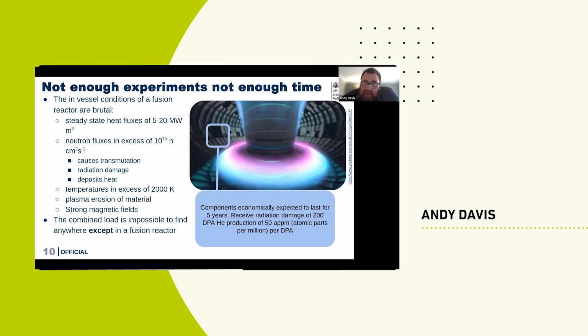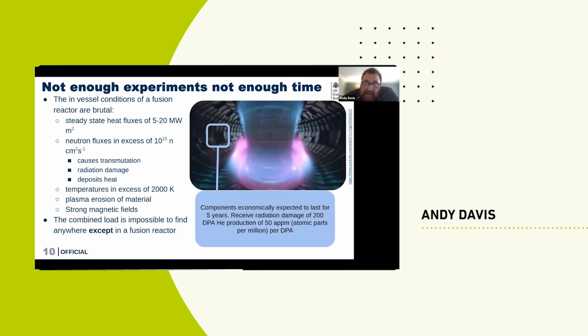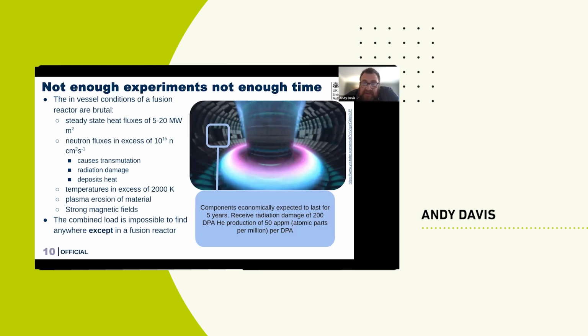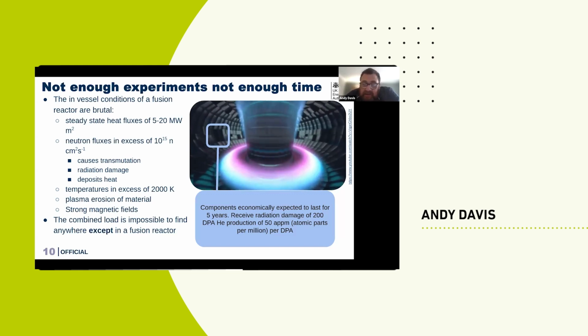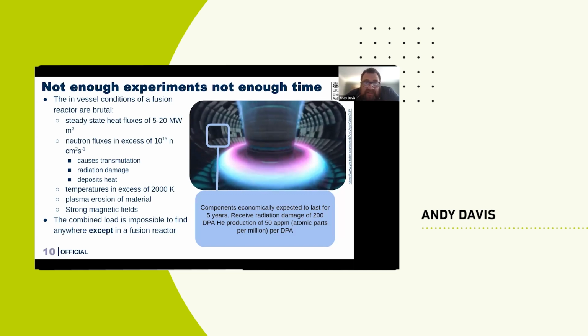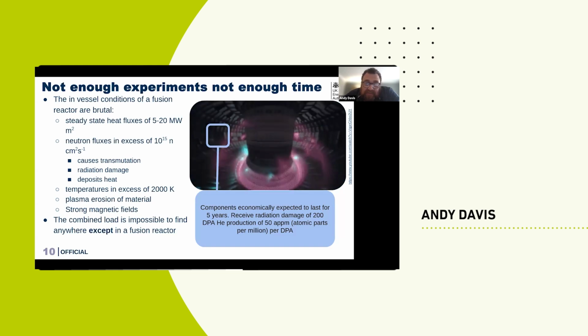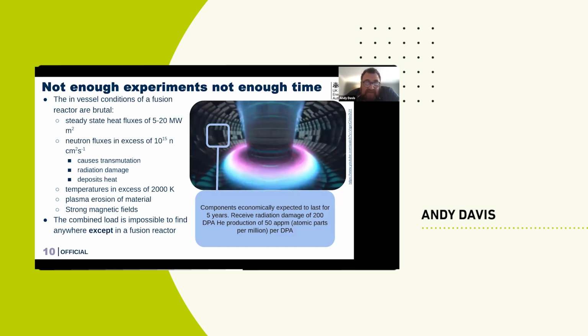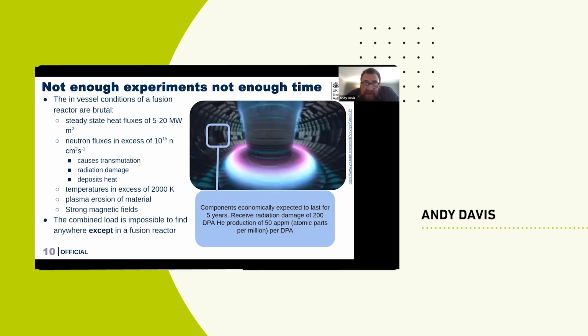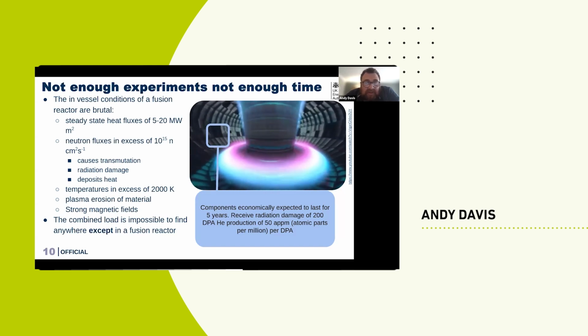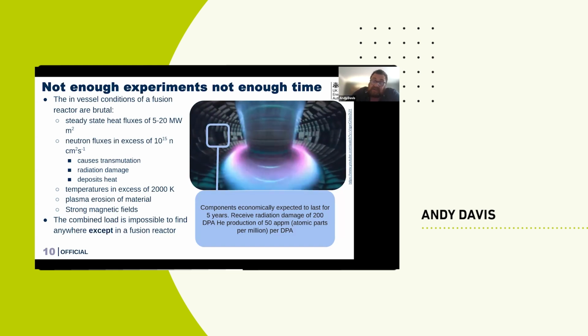Further, economically, we need these materials to last between 3 and 5 years. And in that 3 to 5 year period, they will experience radiation damage of 200 dPa. dPa is a measure we use of radiation damage. And steels that were used in the fission program have not seen 200 dPa. They've maybe seen at most 18 or 20. So the irradiated steel is more like Swiss cheese than it is structural steel at the end of that 200 dPa cycle. So we have to have those steels working because